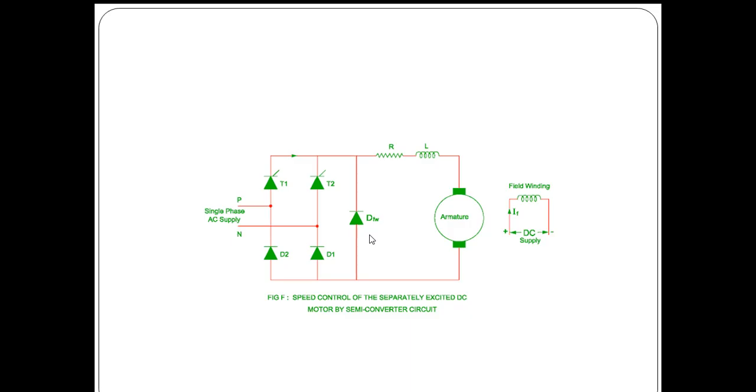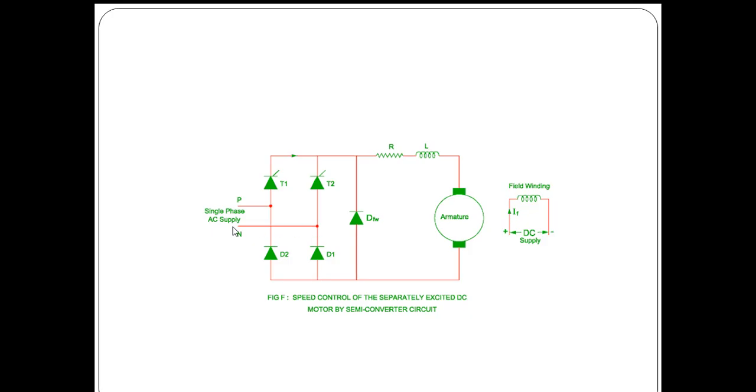We are going to see the circuit operation, how it is converting, and this converted DC is fed to the separately excited DC motor. Okay. So initially during positive half cycle, as we know, thyristor T1 and D1 will be forward biased. When we are applying a trigger signal to the thyristor T1, the current will be flowing through the thyristor T1, through the motor, and from D1 it is going back to